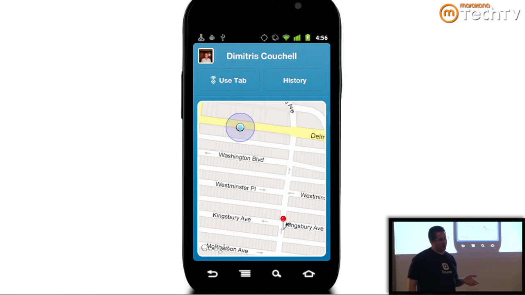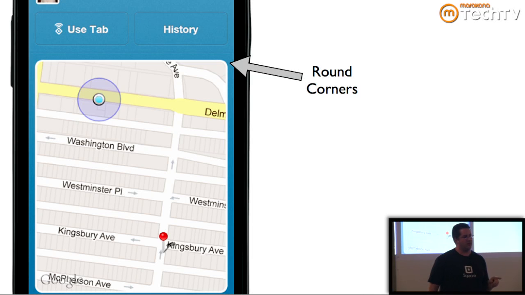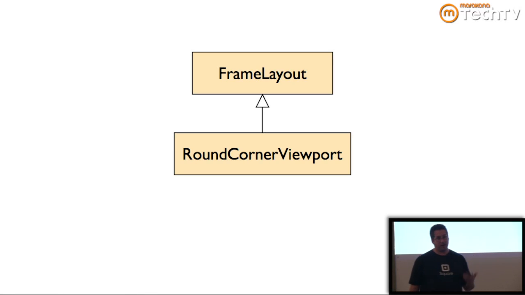So, another screen in our application. We've got a map view. This doesn't show it here, but when you first come up to this screen, the map actually animates and moves around and then zeroes in on your location. So we wanted to make the corners round like we did before with the photo of the bearded man, but we didn't want to do it with off-screen bitmaps because that map is animating. And if we had made an off-screen bitmap for every frame of animation, that would have been really slow. So instead, I extended FrameLayout, called it RoundCornerViewport, and in the dispatchDraw method